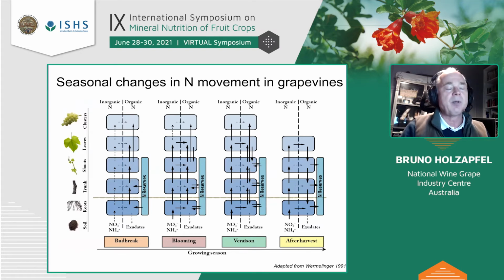If you break up the dynamics, or the seasonal changes, over the four major parts of the season. So at bud break, a lot of the nitrogen is coming from reserves, from the perennial structure. So it's quite important to have these levels right at the start of the season because the soil is still cool. And then at bloom, flowering, the reserves still play an important role, but now the uptake takes place,